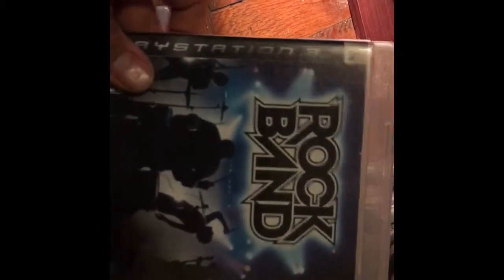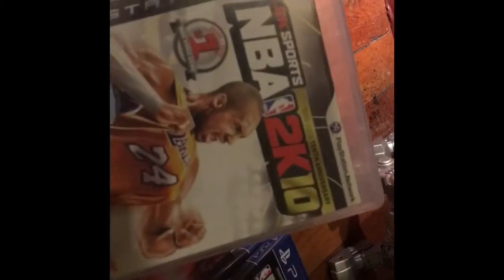Sorry. Rock Band 2, gotta pick up Rock Band 4 soon. Rock Band 1, of course, gotta have the original. Midnight Club Los Angeles, a friend left this at my house, never picked it back up. So it's mine, I guess. NBA 2K10, Kobe, doesn't really even look like Kobe though, very light skin. Fourth game in the